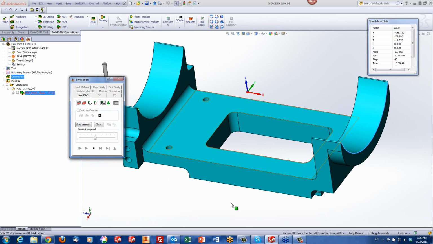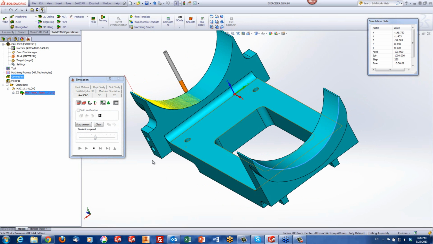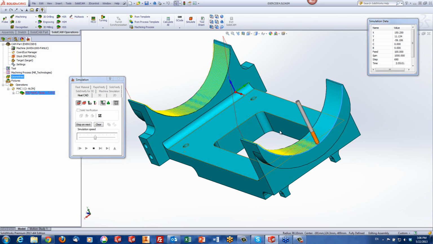And this time, you'll see that the tool is working on one side. When it finishes that one side, it'll work on the other side. So without making a separate operation, I can do this all in one operation, just change it into different regions